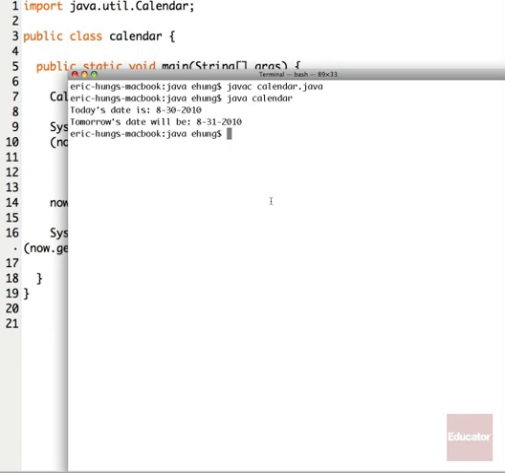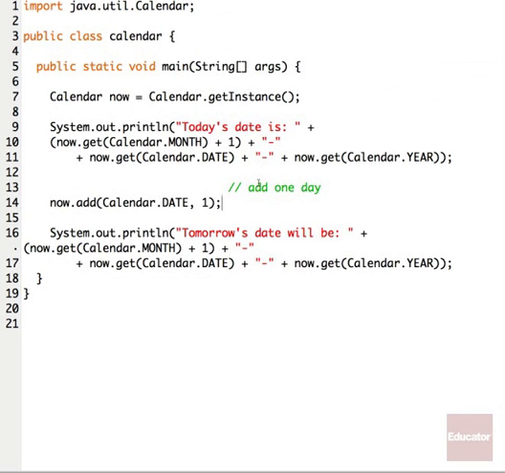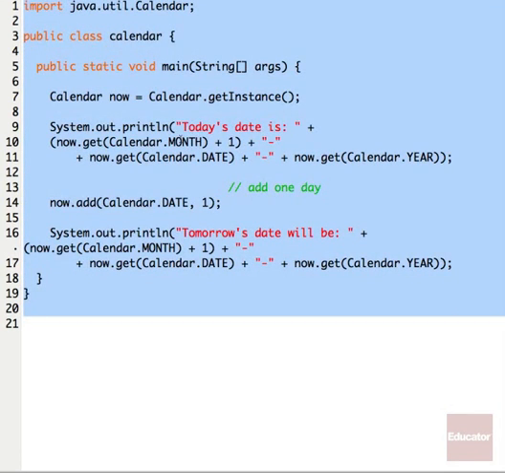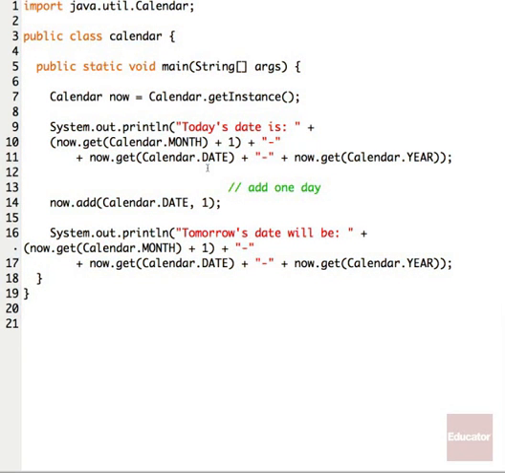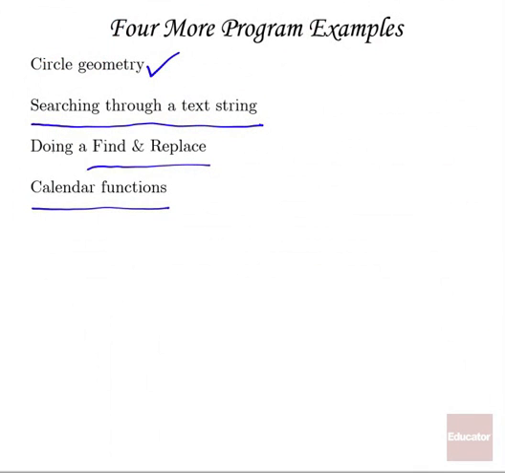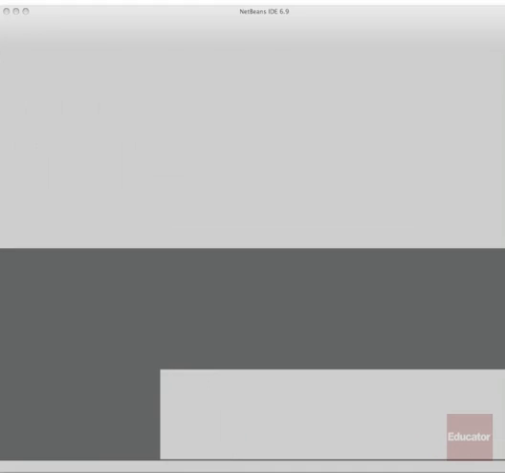Now let's do one more thing. This last calendar program, let's see if we can build this in the NetBeans IDE and see how it runs there. First of all, I'm just going to copy my program text from my text editor, and then eventually we're going to paste that into the file that gets created in NetBeans. So I'm going to do a Command A here, and then a copy, Apple C or Control C. We will minimize this. Then we will go to our NetBeans window.